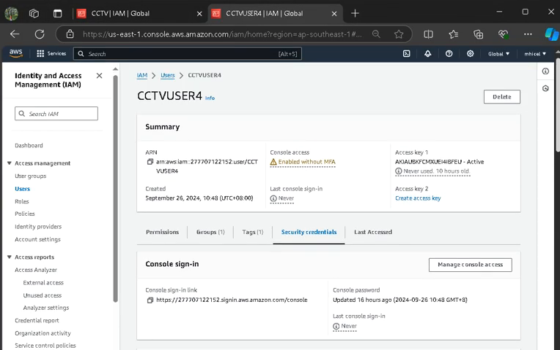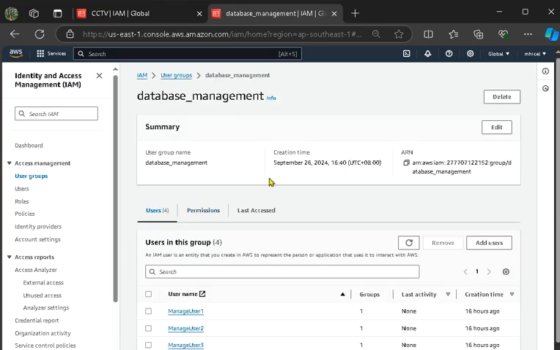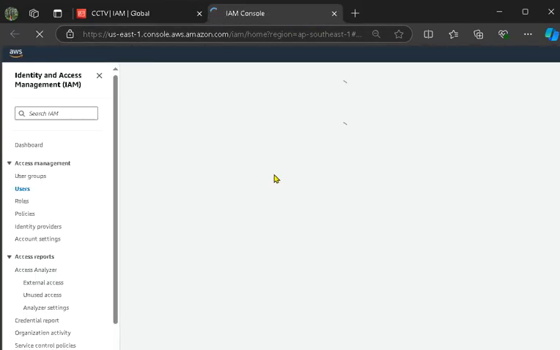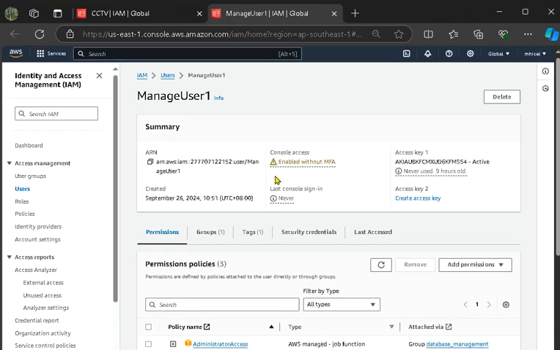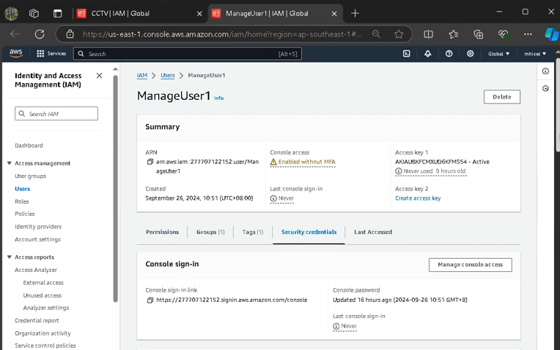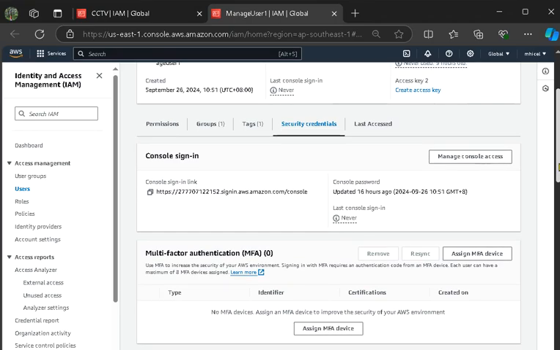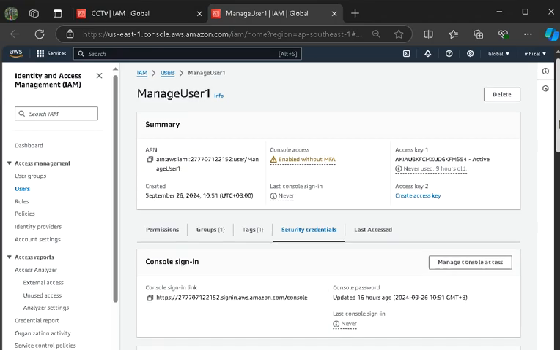That's the same thing I did to activate the access keys of the other users in the different user groups. Each of the 4 users on the 3 user groups is already activated here, and I will be